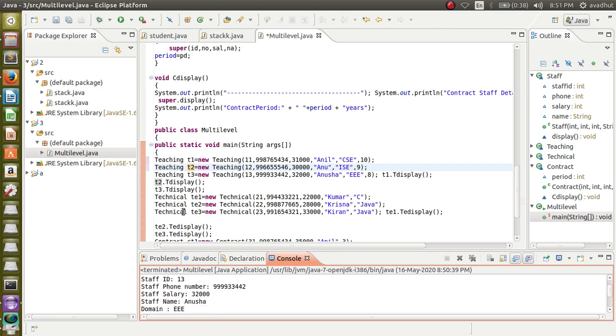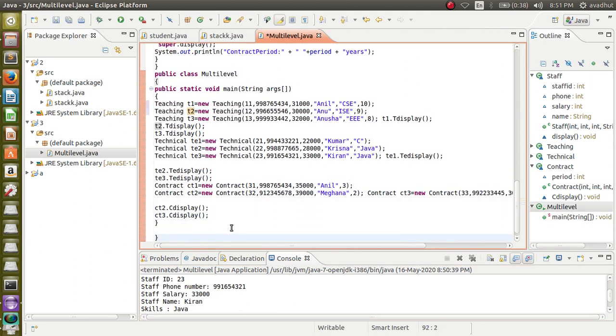After that we are having for technical Kumar, Krishna and Kiran. See here, you can see below, next one is Krishna, next one to come is Kiran.